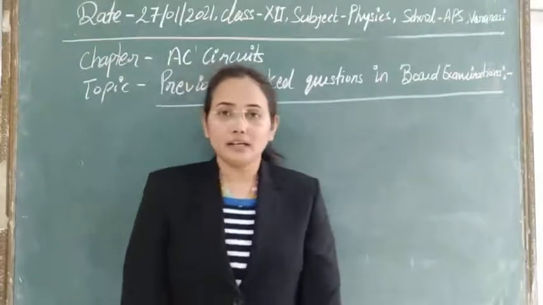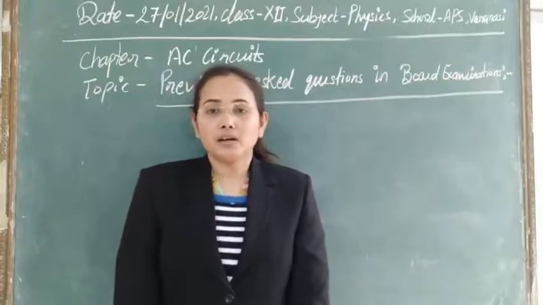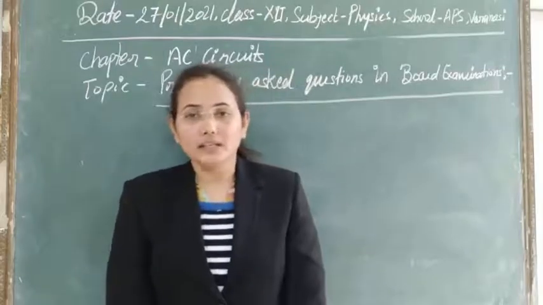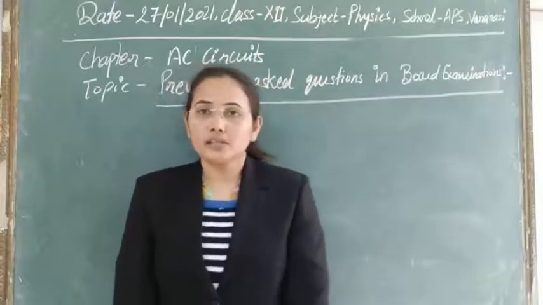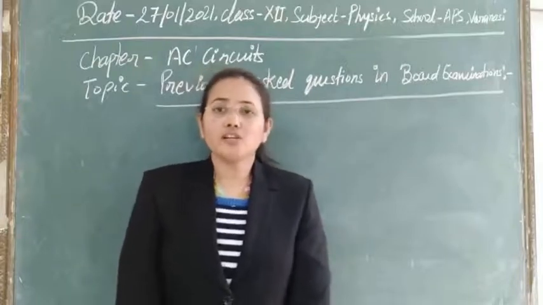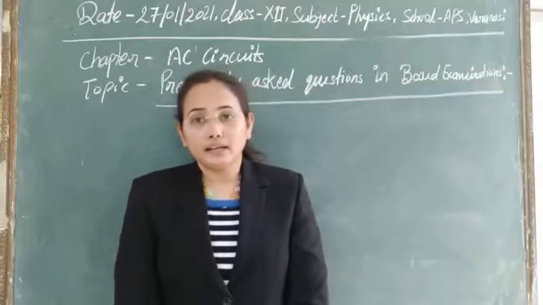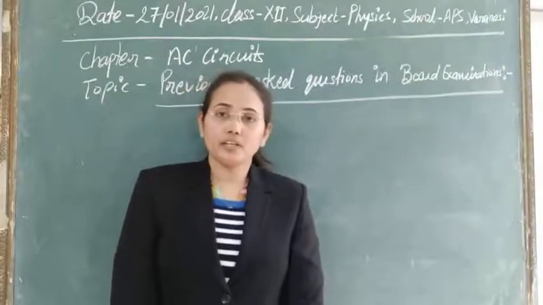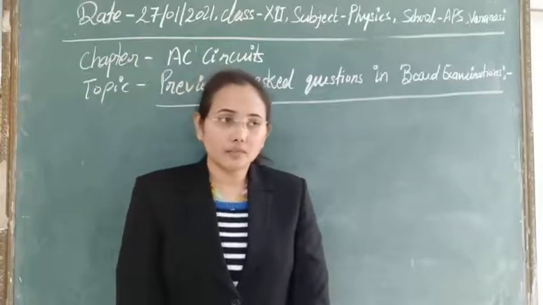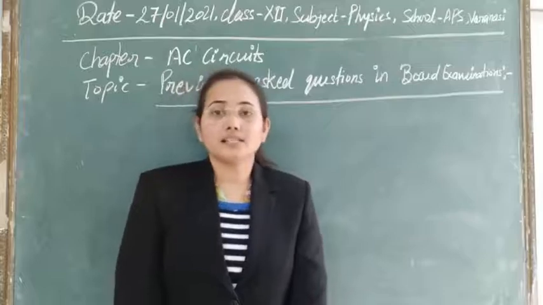After that, we design some AC circuits using the components of the circuit, which are capacitor, inductor and resistor. If we join a resistor through the battery, what will be the current and voltage drop there? Second, if we use a capacitor, what is the current and voltage, and what is the phase relationship between